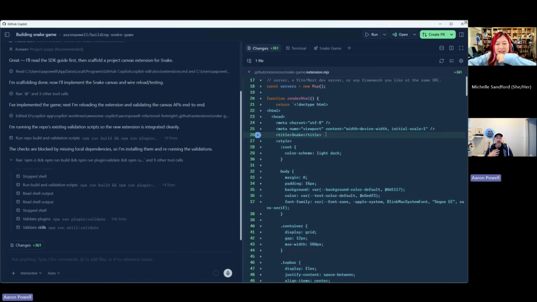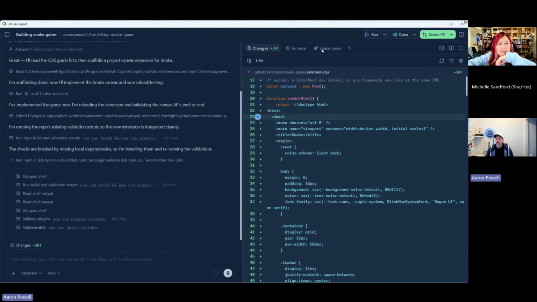So a common question we get asked is, can I use this with Azure DevOps? Natively, no, because this is the GitHub Copilot application, so it talks to GitHub. It knows how to talk to issues and pull requests there. But there's no reason why you couldn't build a canvas that uses the Azure DevOps API to then talk to Azure DevOps, which I think would be kind of a nifty way to go about it.